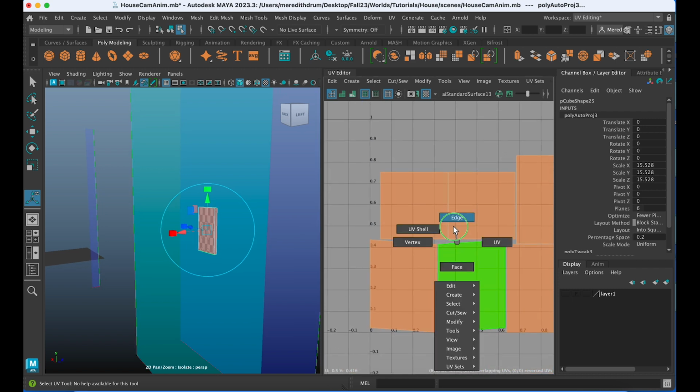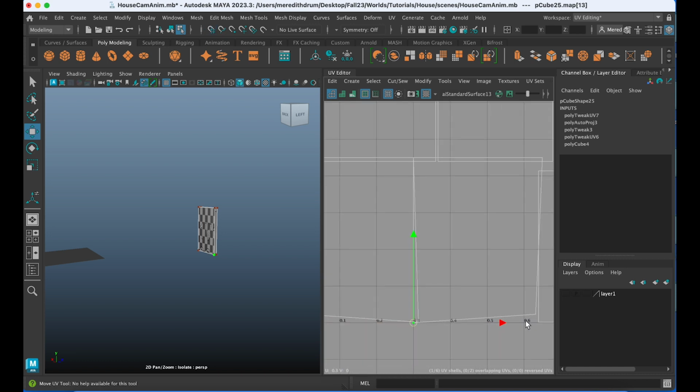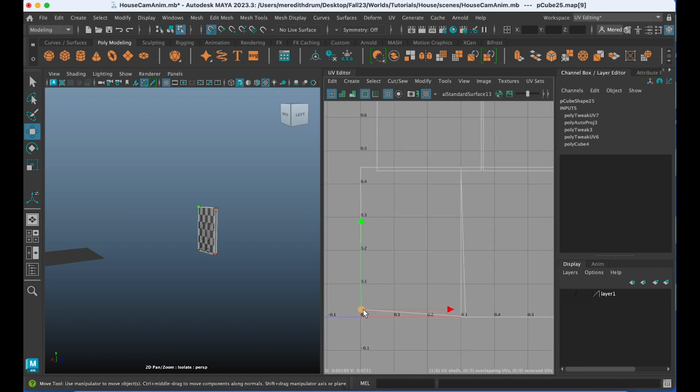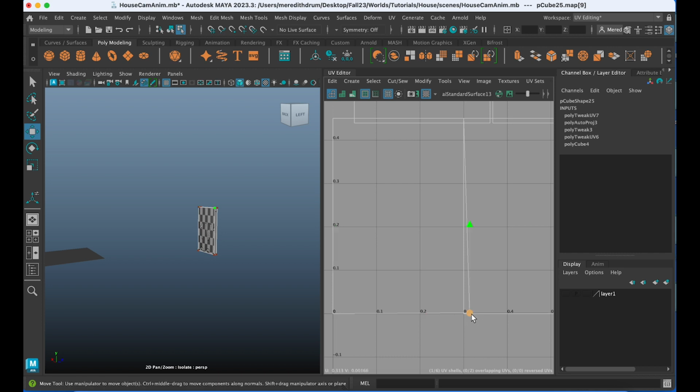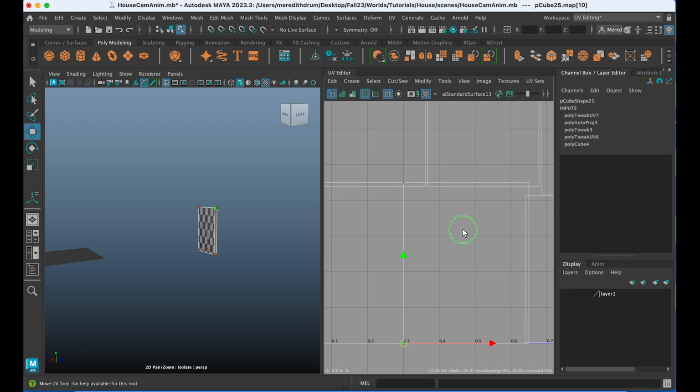We can then go into the UVs and do what we did before because they need to be moved. Just snap it into place. You can do that with all of them. Just make sure that they line up with one another. And sometimes you have to zoom in to see the others. You can select more than one at a time if you wish, but that one needs to come over there. Okay, so the other ones look all right, so we'll just leave them.